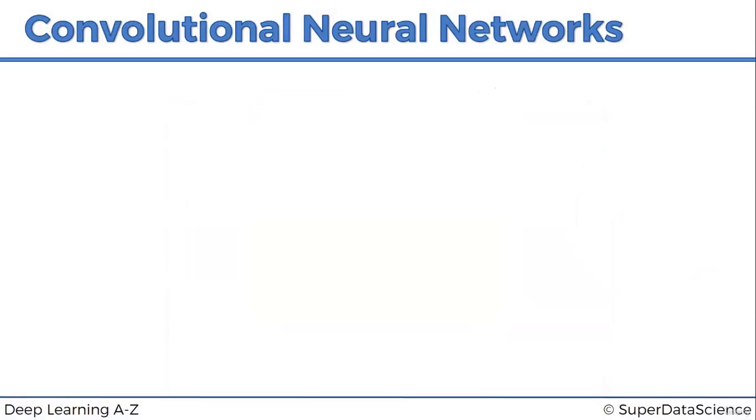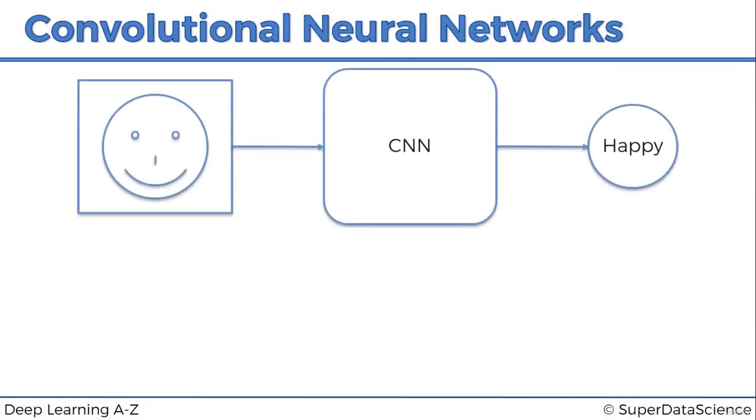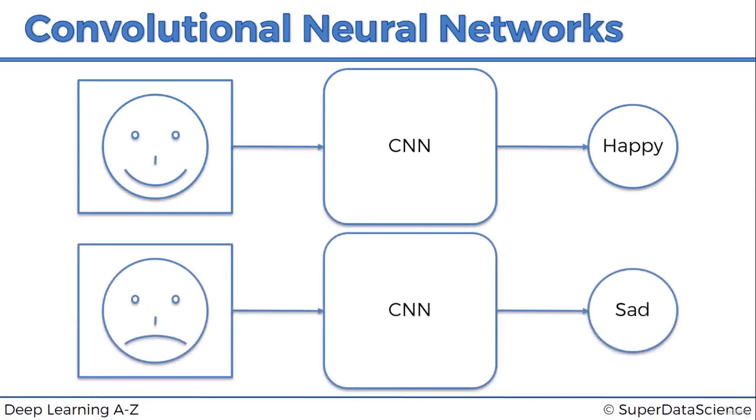Now going into a bit more detail. After a neural network has been trained on certain images that have been categorized prior, you can, let's say, train it to recognize facial expressions, or emotions. You can give it a face of a smiling person, not just a drawing of a face like this, but an actual face of a person smiling, and it will tell you that person is happy. And you can give it the face of a person that's sad, and it will tell you that the person is sad.